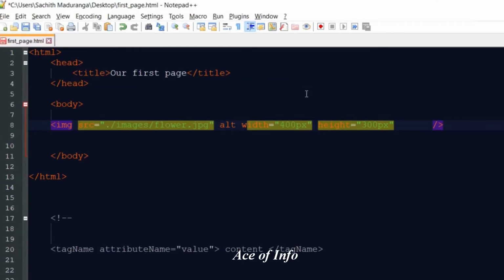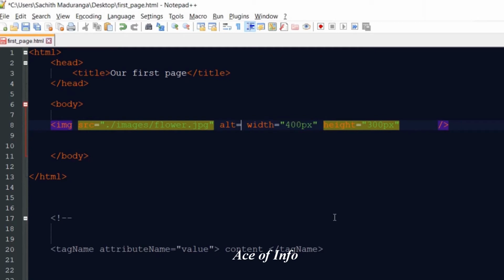Maybe your internet is down, maybe the connection is slow, maybe sometimes you don't have the image in the same directory where you put it. In those situations, you don't have the image, but when that happens, we can put alternative text. So what does alternative text do? It represents a text when the image is not loaded.